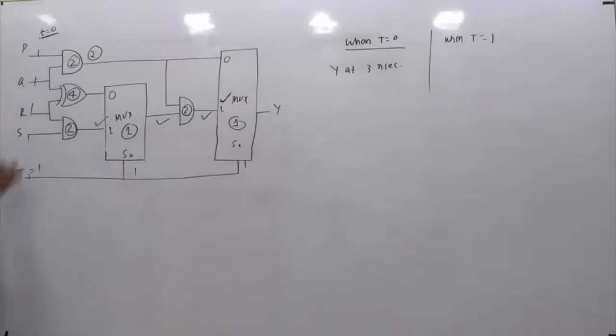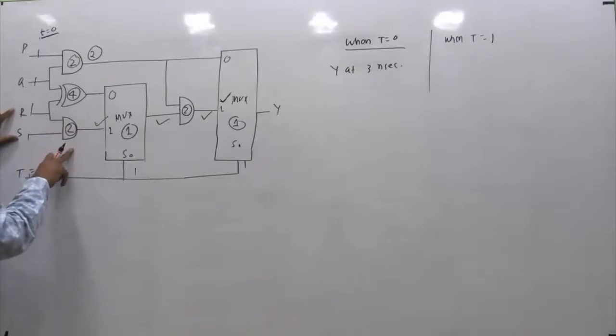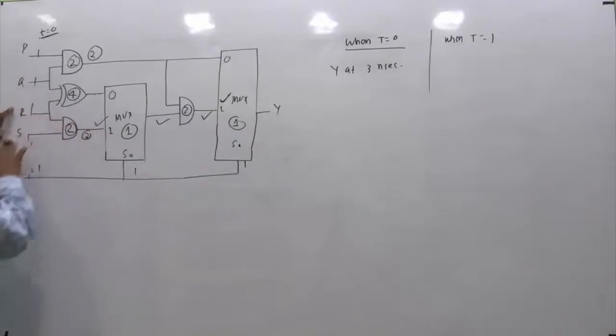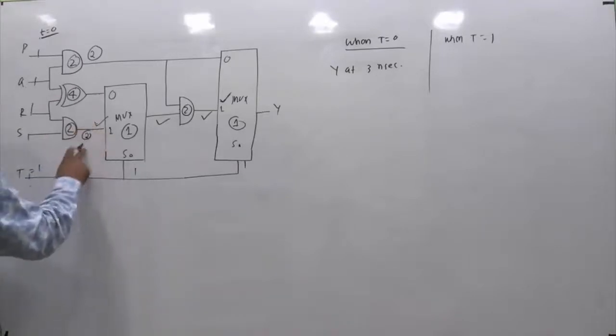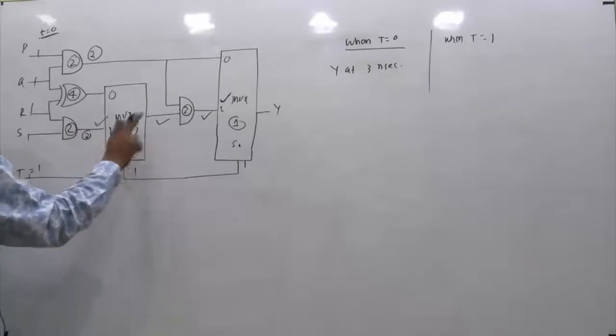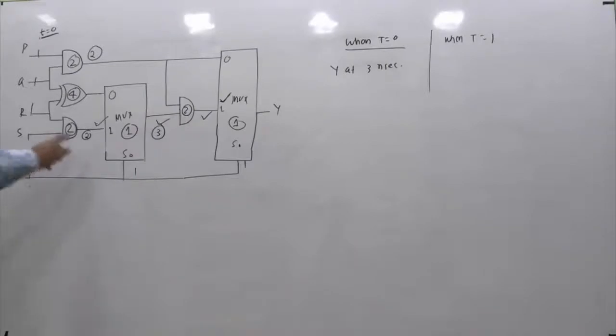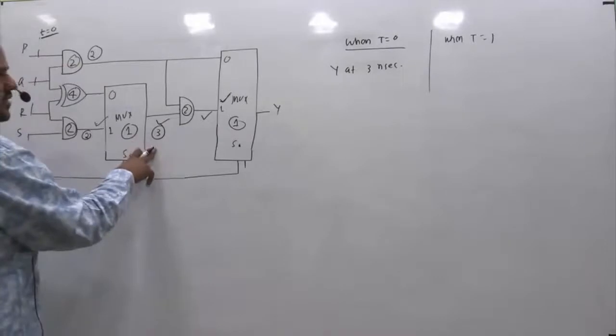Once again, at T equals 0, let's say the inputs are applied, right? So you need this, right? So R and S are available at T equals 0 and the own delay of this AND gate is 2 nanoseconds. So at what time will we get this output? At T equals 2 nanoseconds we will get this. At T equals 0 both are available, its delay is 2, so 0 plus 2, at 2 nanoseconds we will get it. So you got this input at 2 nanoseconds and its own delay is 1 nanosecond. So at what time will we get this? That is 2 plus 1, at 3 nanoseconds you will get these outputs. Input is available at 2, its own delay is 1, 2 plus 1 is 3 nanoseconds. So you are getting this at 3 nanoseconds, right?